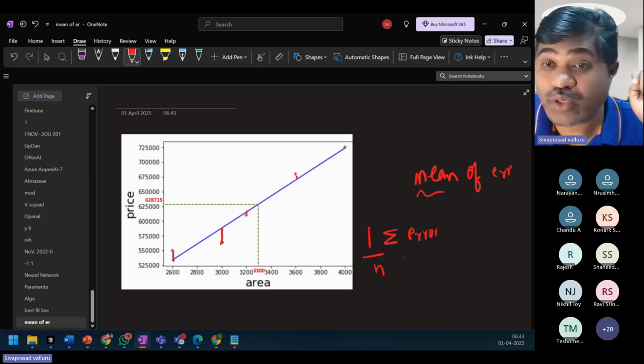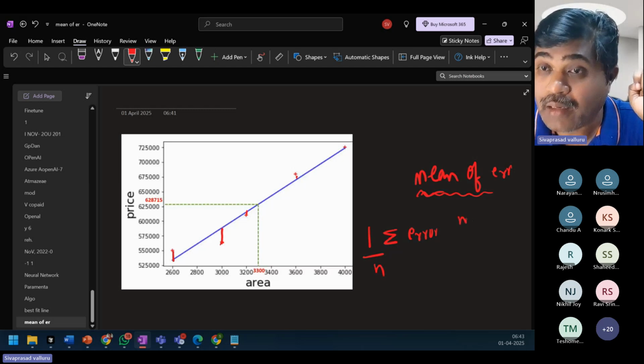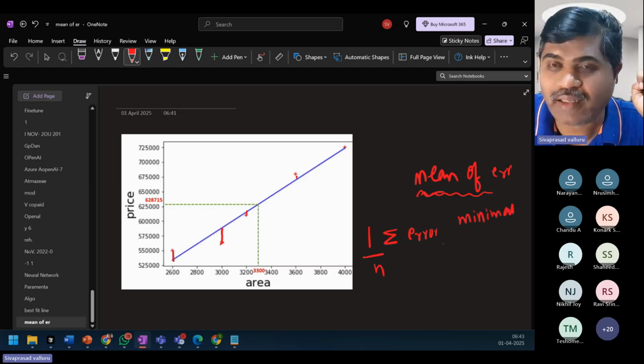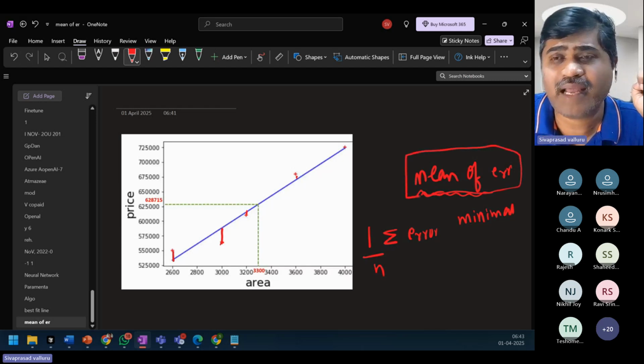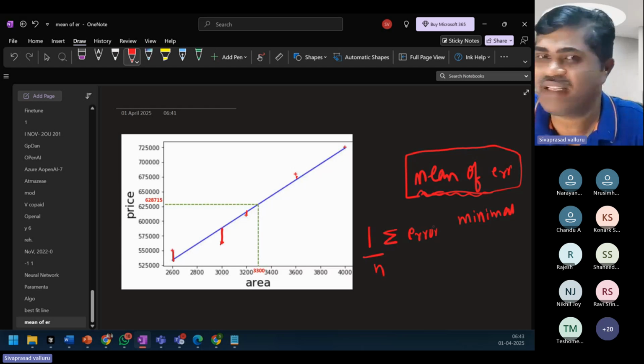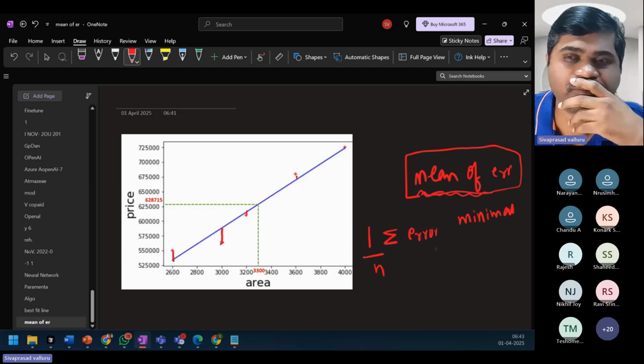I want to make sure that the mean of this error is minimal. So for whichever line this mean is minimal, I can say that this line is having minimal error. So I can say that this is the best fit line.